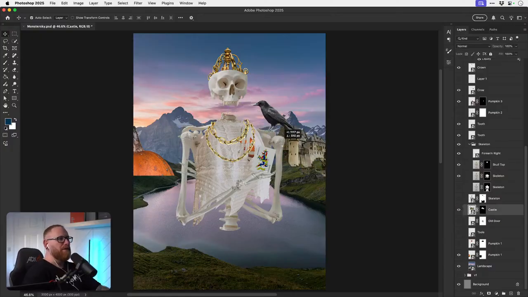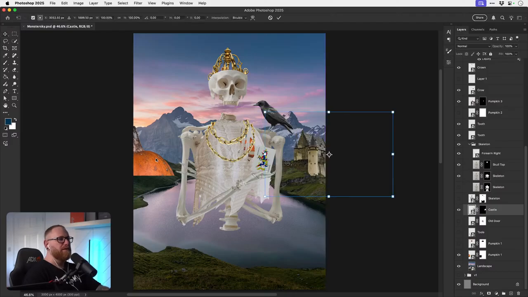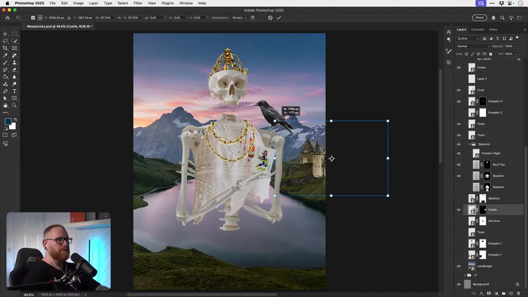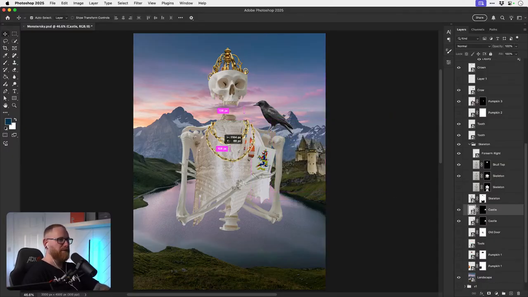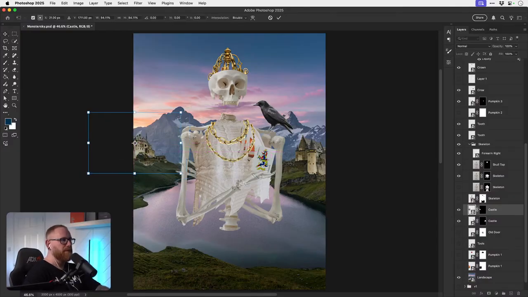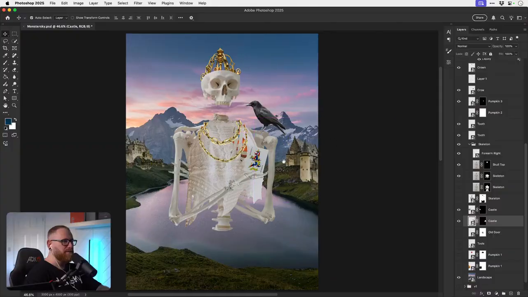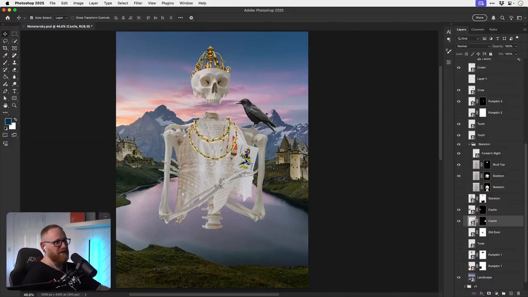I think the castle I might put over here, rather than have it in the background. Yeah, different parts of the castle to make it look like there's one castle in the foreground, and there's parts of another castle over there. I need something down here though.